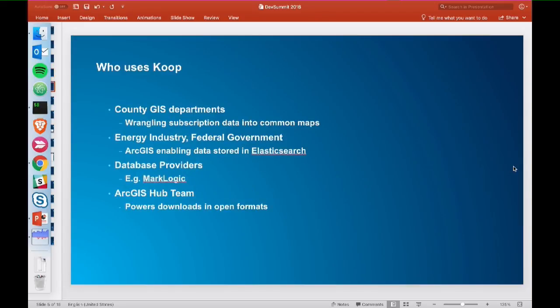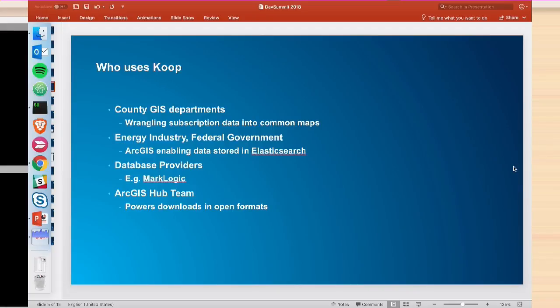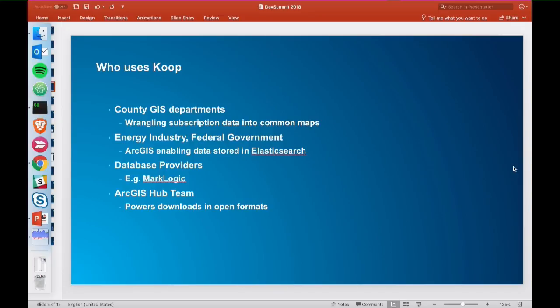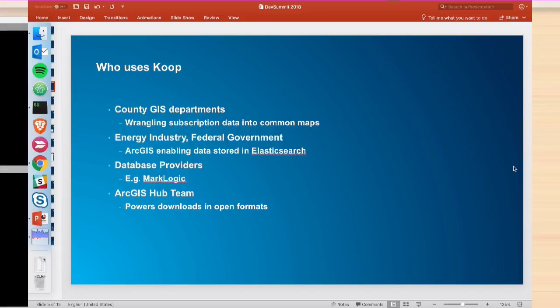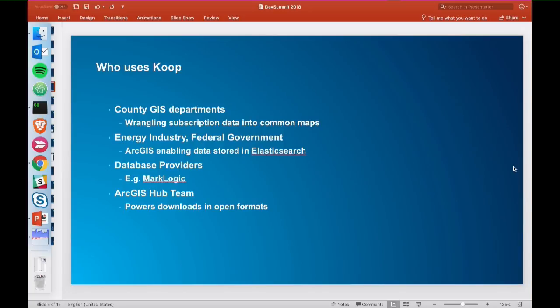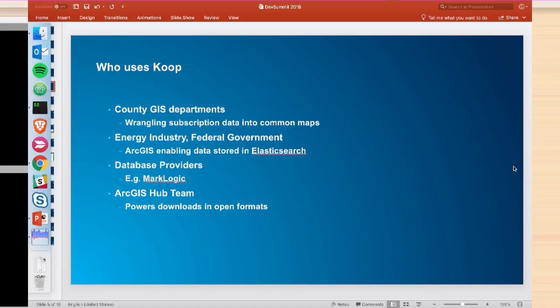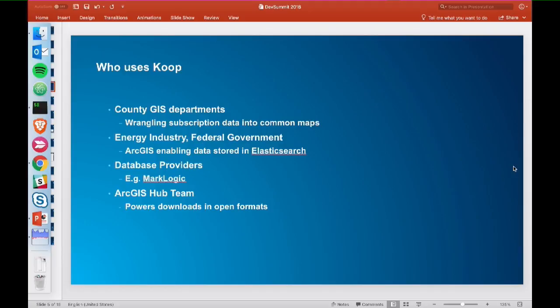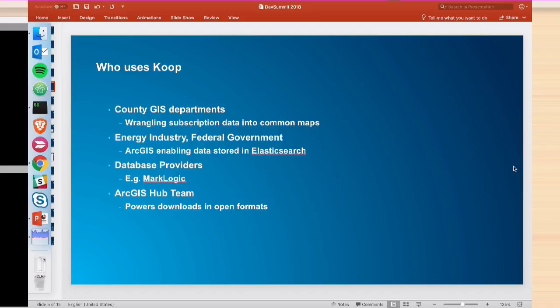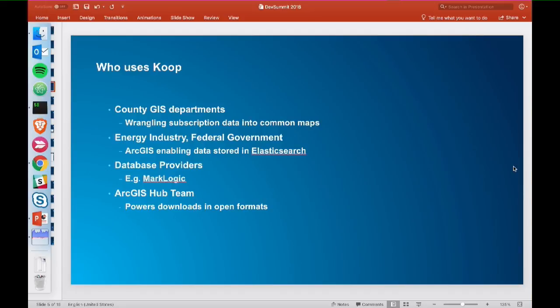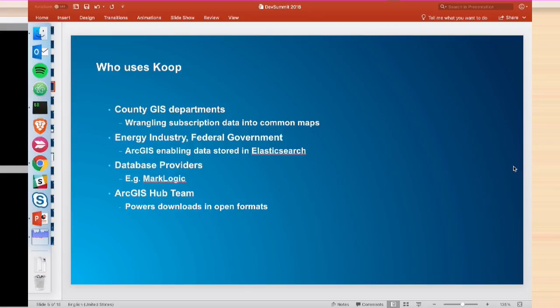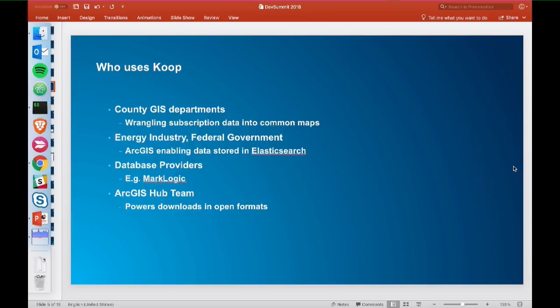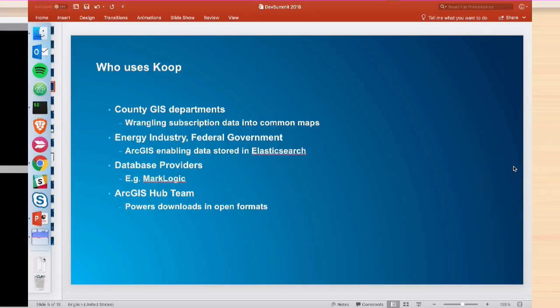Some of the users today, and we're hearing new use cases all the time. Got kind of county GIS departments that are wrangling data that they subscribe to, or maybe come from other systems. Cities working with their 311 data. Talked to a couple customers in the energy industry and federal government who are enabling data that's stored in Elasticsearch, which is really cool. So they're able to work with large data sets that are kind of already used for existing business processes while they're not in the spatio-temporal data store. So they're able to just take the data where it is, get it into ArcGIS Online, do interesting aggregations and